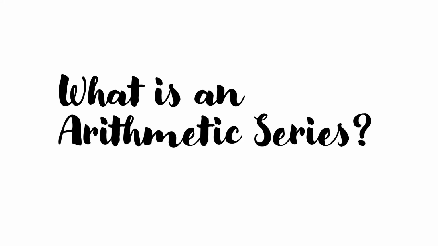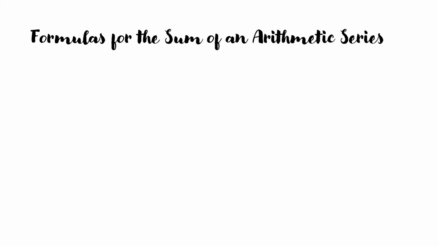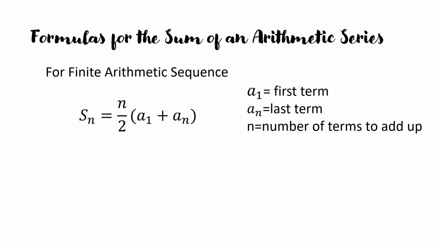Let us begin our lesson by defining what is an arithmetic series. An arithmetic series is the sum of the terms of an arithmetic sequence. Formulas for the sum of an arithmetic series are: for finite arithmetic sequence, we have S sub n equals n over 2 times the quantity a sub 1 plus a sub n. A sub 1 is the first term, a sub n is the last term, n is the number of terms